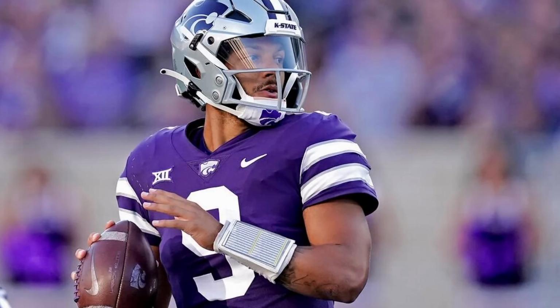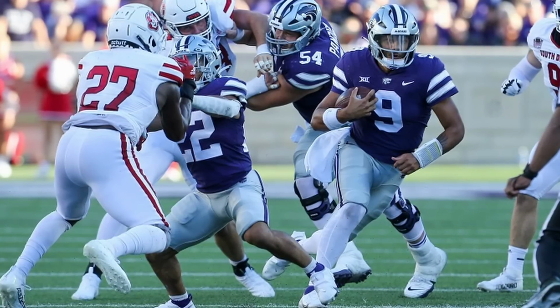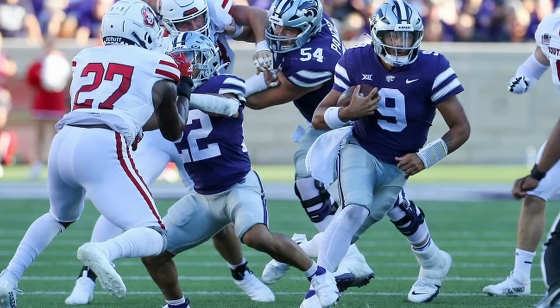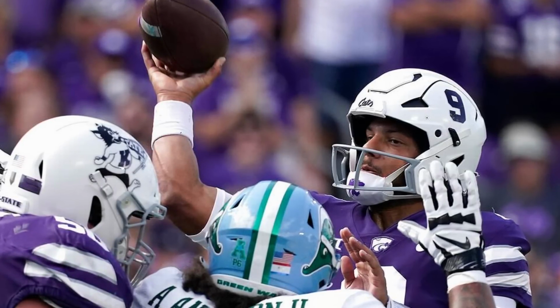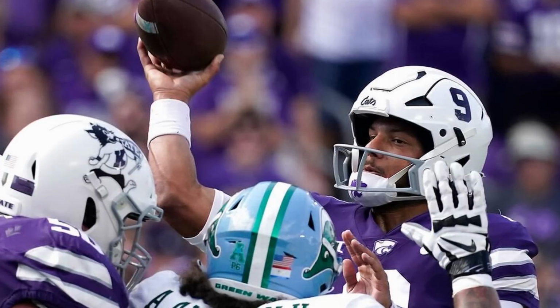However, the Wildcats haven't had to rely on his arm much at all this season. Martinez has been a good game manager for Kansas State. When he has been called on to run, he has run, and when he has been called on to pass, well, he hasn't turned the ball over. But he also has only 1 passing touchdown in 3 games. At the end of the day, in this K-State offense, that might be exactly what he needs to do to